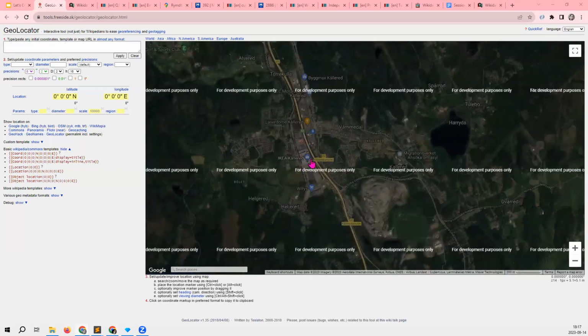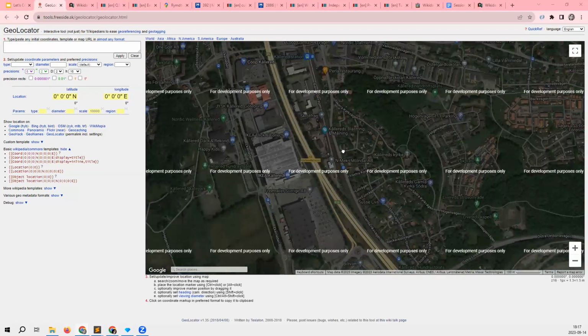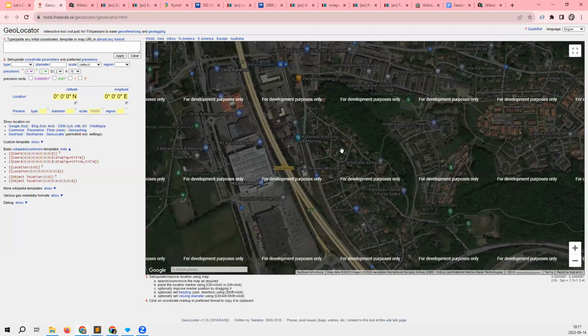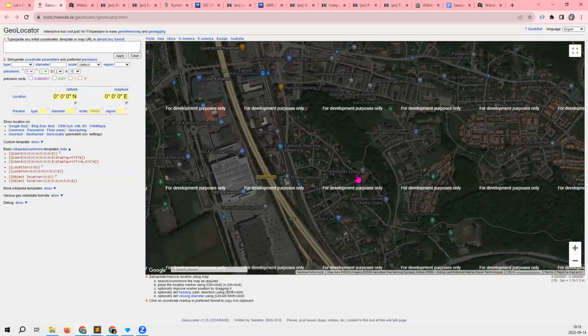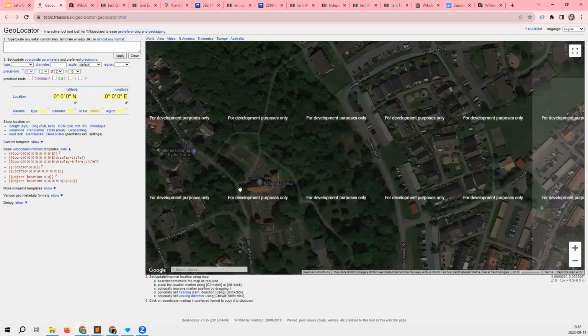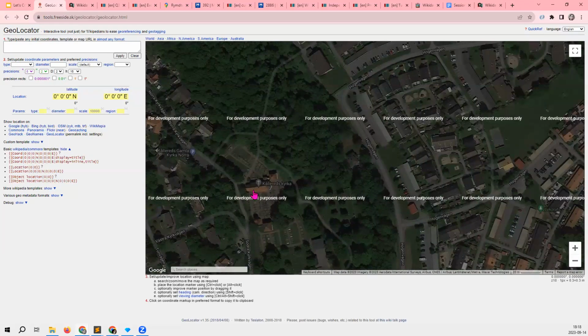This is, for example, where I want to find the monument visually. I don't remember the address, but I know more or less where I am supposed to look for this church. And then when I place my cursor here with Control and a click, then I get coordinates here to copy and paste.